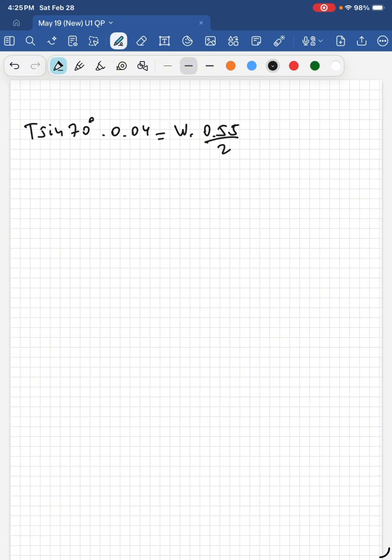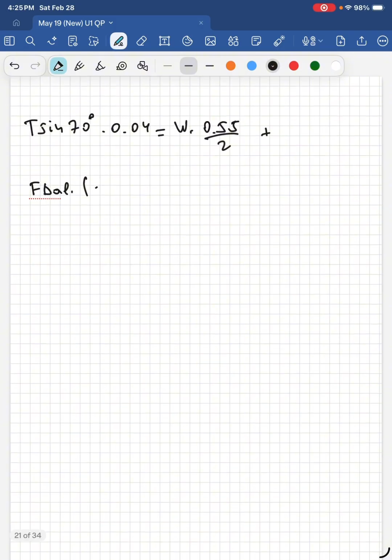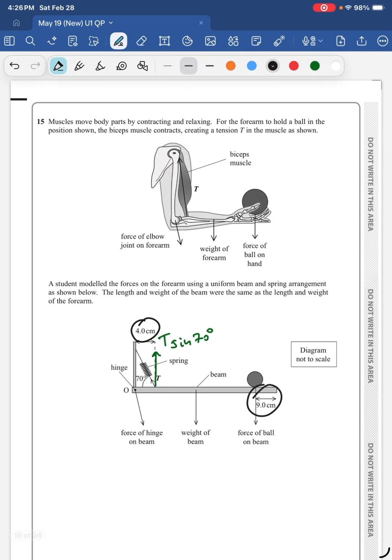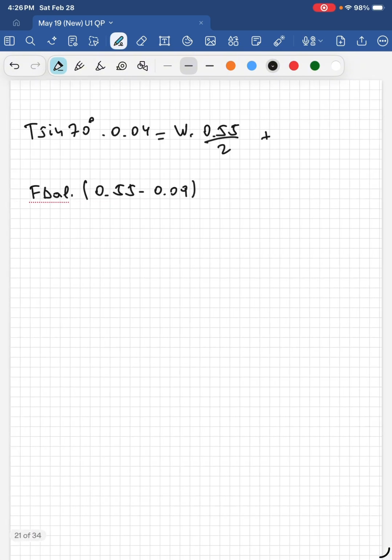Because we chose 0.4 meters and 0.15 for the hand, so 0.55 overall. And we take the weight as acting from the center, right? Plus F ball times 0.55 minus 0.09, because we are given this distance there. Okay,